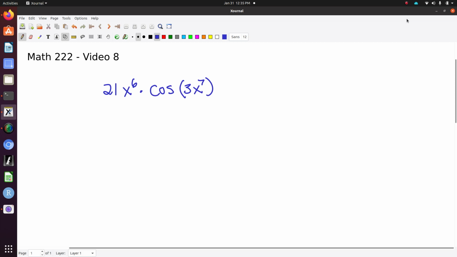Okay, so what if you see something like this and you're being asked to do an integral on it? What your eye should pick up on is this key part and say, wait a minute, that's the derivative of that other key piece. That is what you're going to key in on. And so the way we do this is we call this key piece U, and we call this part U prime. Okay, so if we say U is equal to 3x to the 7th,